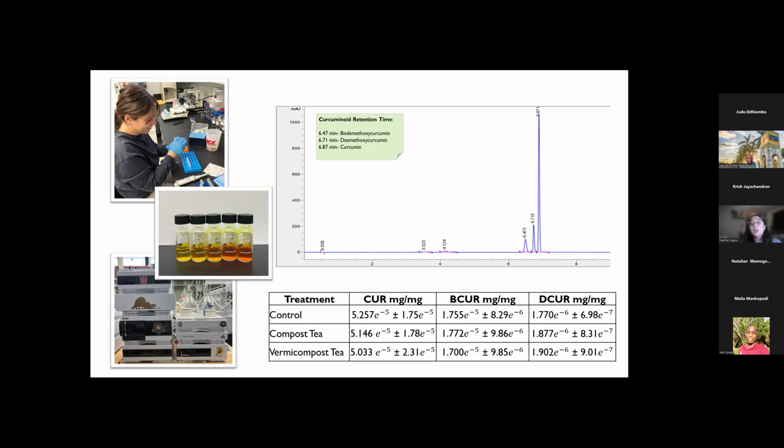And so finally, we have determined that curcuminoid yield will most likely increase with rhizome biomass yield for this specific variety planted. So an indirect increase of curcuminoid yield can be slightly observed in compost and vermicompost treated plants, since the rhizomes on average were larger for the treated plants.